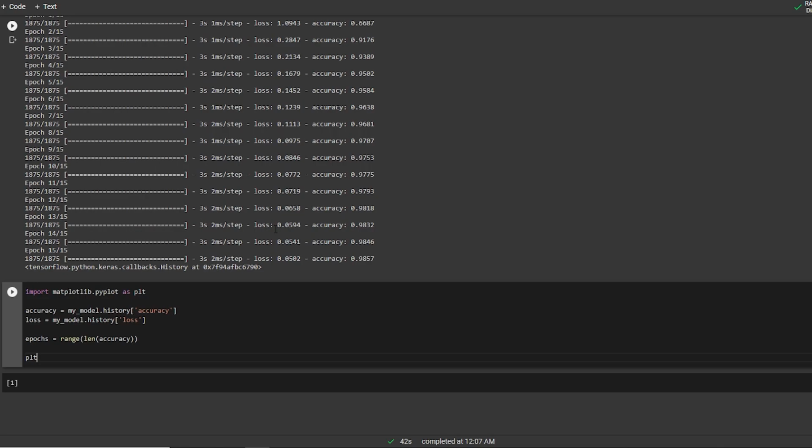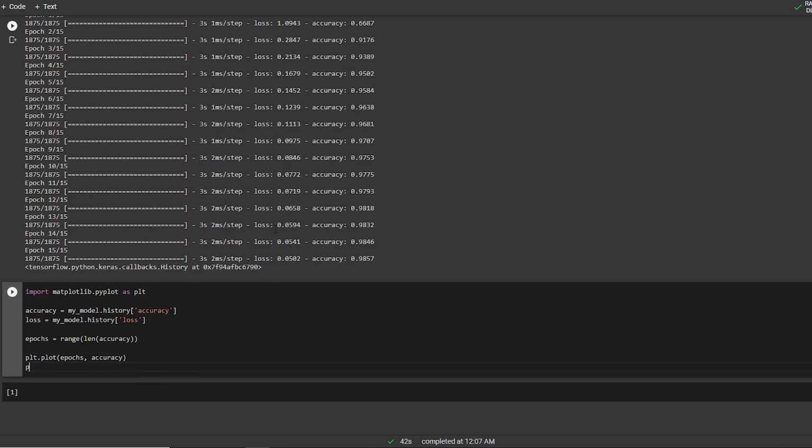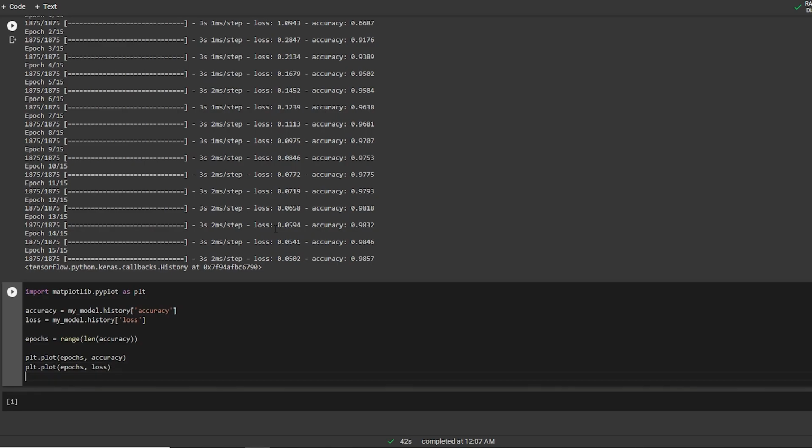I'll say plt dot plot, and inside that the number of epochs, so x is my epochs and y is going to be my accuracy. After that, plt dot plot epochs and loss, and then plt dot show.